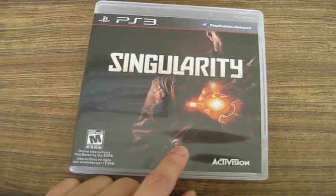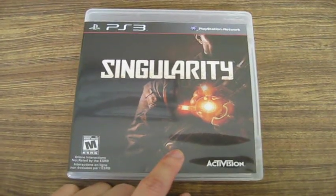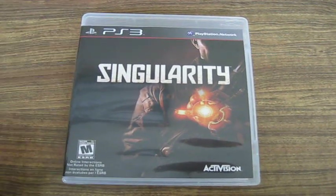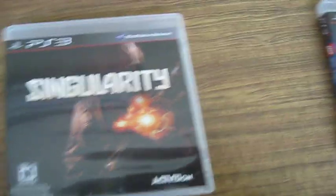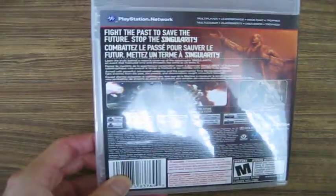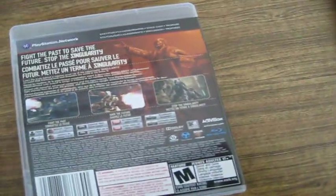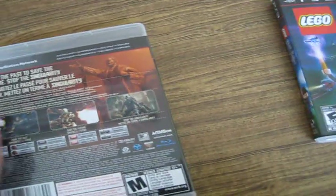The cover art looks pretty cool. It seems it's going to be a pretty dark game just from the cover art, but that seems to be the gadget that the main character carries. It's some sort of armlet, or kind of gauntlet that has special powers. And from what I can tell, it is how the character uses all of the powers that he gets in the game. But here on the back,